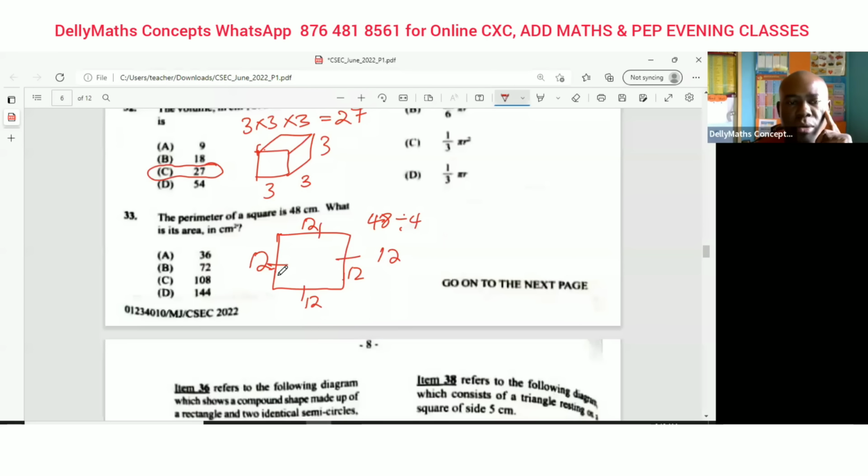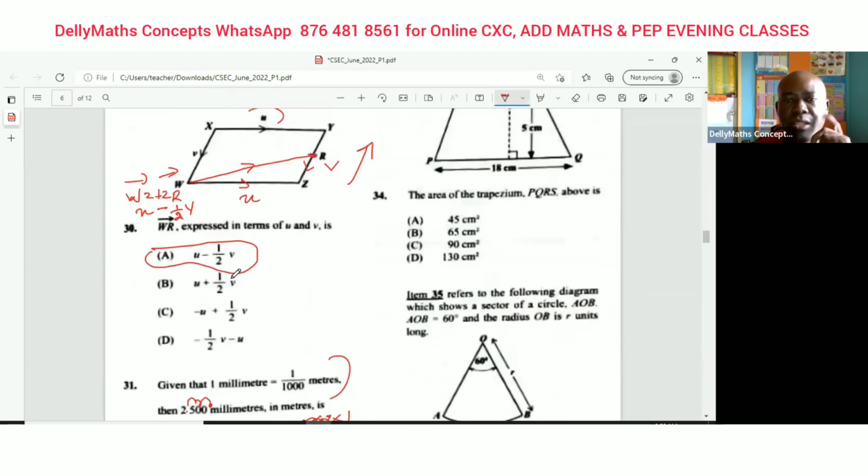But the area now is going to be 12 times 12, which is 144. 144 would be my area. Let's go to